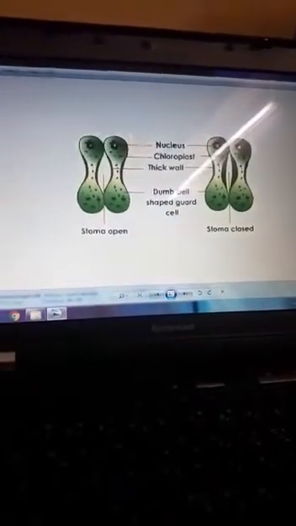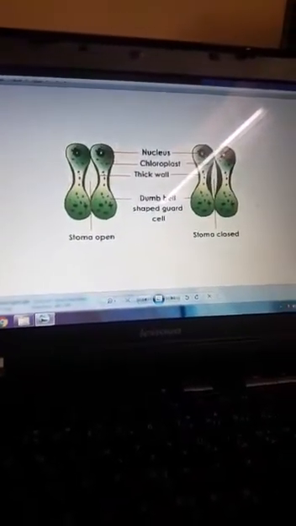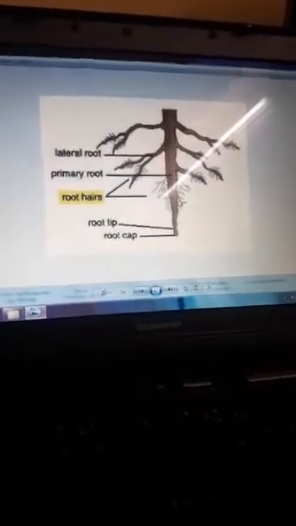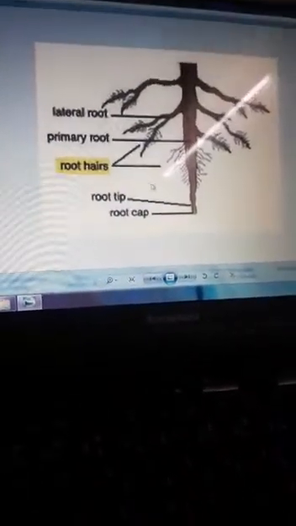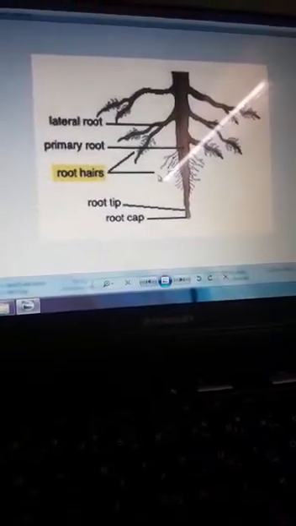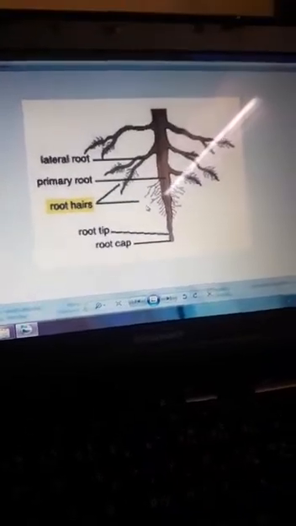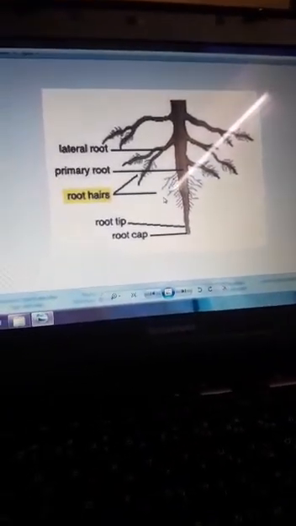Now here you can see the guard cells of a monocot. See the guard cells, I told you they are dumbbell shaped, an opened and a closed one. And I also mentioned the root hairs. In the case of roots, the epidermal outgrowths are many hair-like structures. We have to call them root hairs. And this is meant for the process that helps in the absorption of water and minerals.